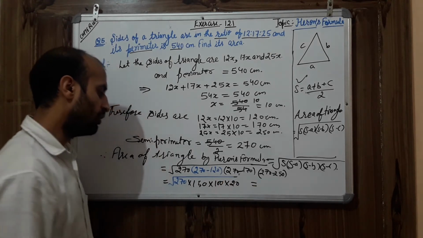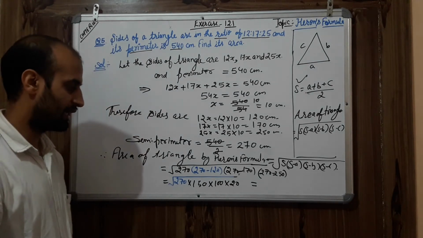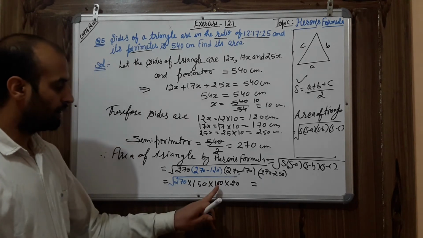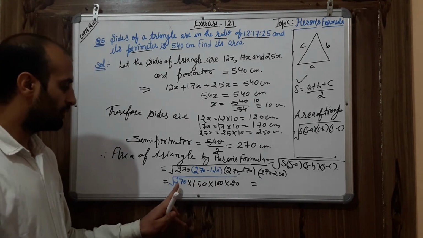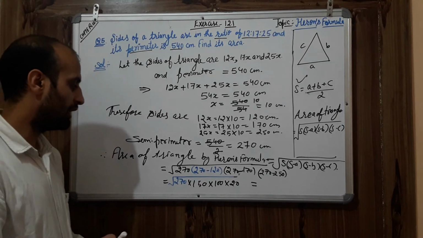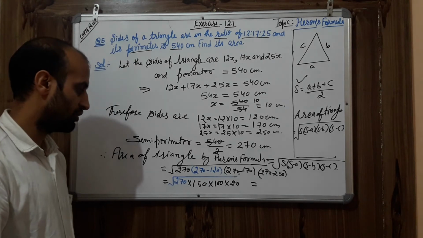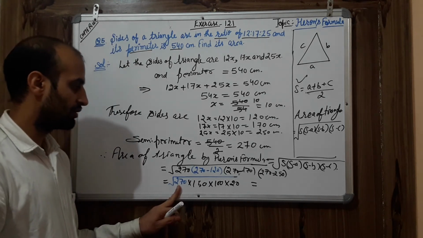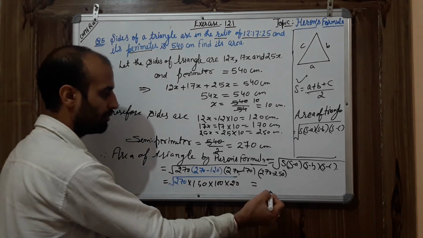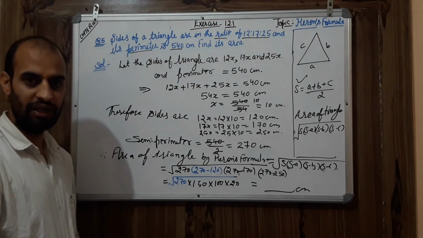Up to here it is very easy. Now next is how we can factorize it into an exact form. Now see, 100 is here, so we can write 25 into 4, and 270 we can split into the form of 3 and 9s here. So in this way we can split it and we will get the right answer. Whatever answer comes here, you need to write it here. In this way you can find the exact answer of any question.